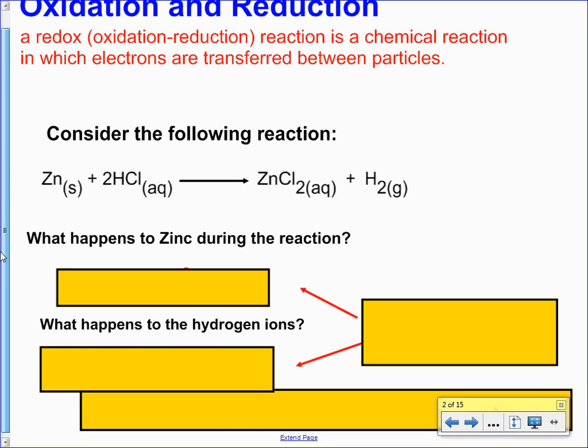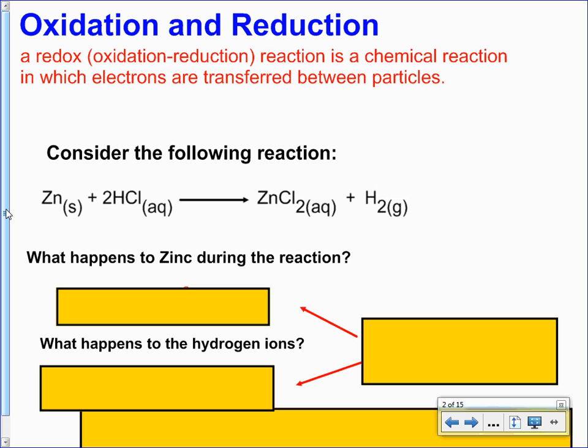Before we get specifically into what they are, we'll consider a redox reaction, which is an oxidation-reduction reaction, which is a chemical reaction in which electrons are transferred between particles. Within the electrochemistry unit, we'll specifically look at the transfer of electrons between different species or different molecules. In general, all chemical reactions do involve a transfer of electrons, but within this unit, we will focus really on